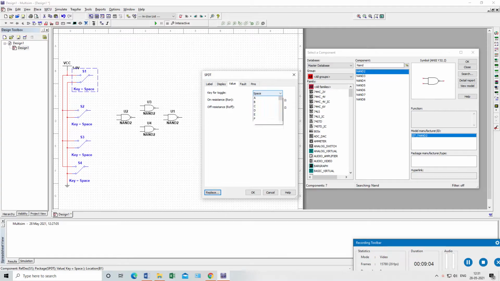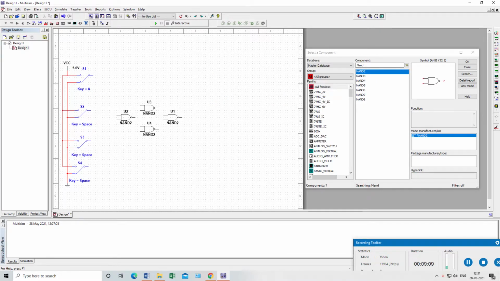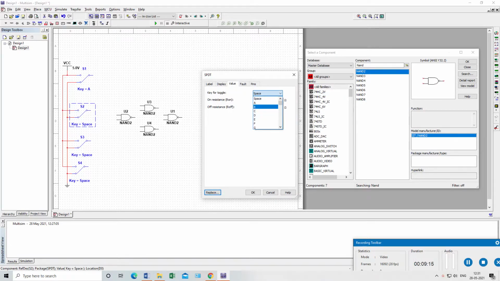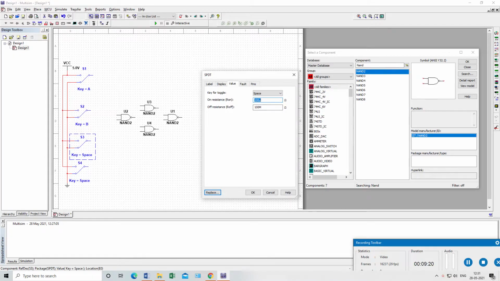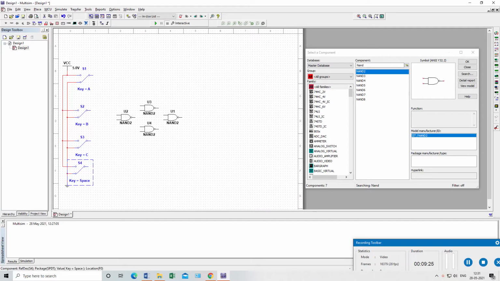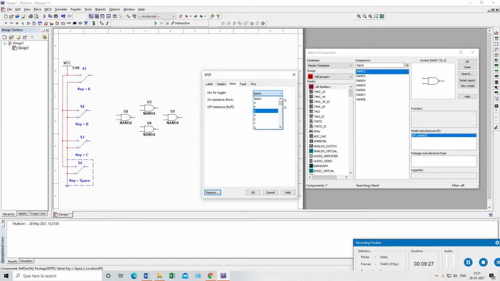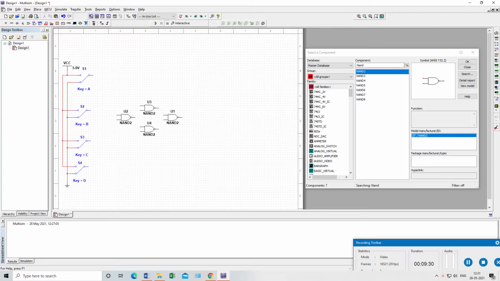Double click here, and key for toggle, this will become A. Okay, switch one, change this one, double click, make this one as B. Okay, make this one as C, and make this one as D. Okay, so A, B, C, D. Now what we need,